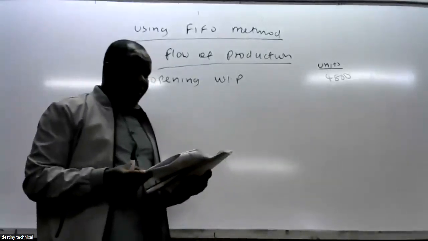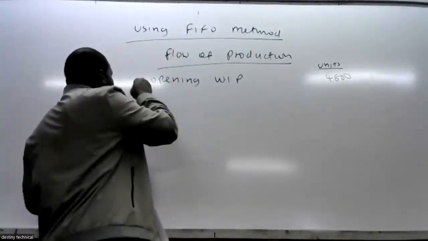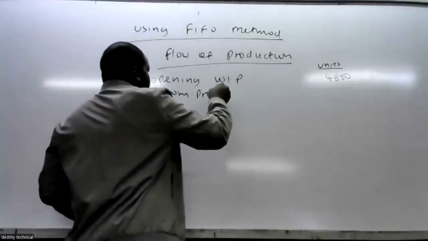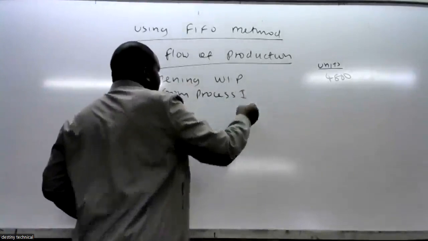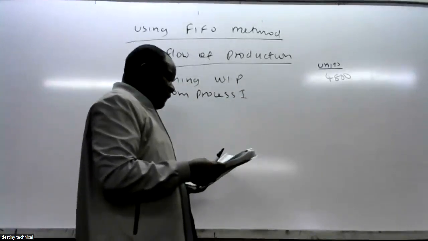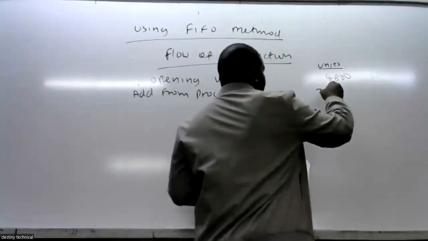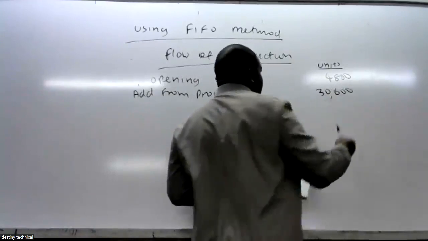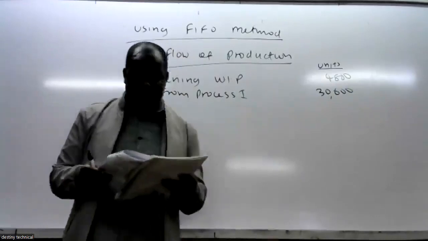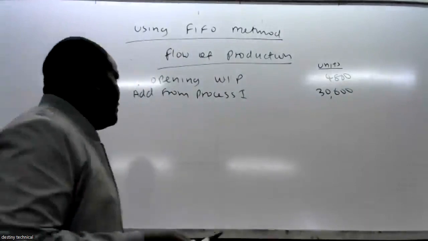Then we add transfer from process 1. From process 1, in the lot number 1, there were 30,600 units. Then now you less